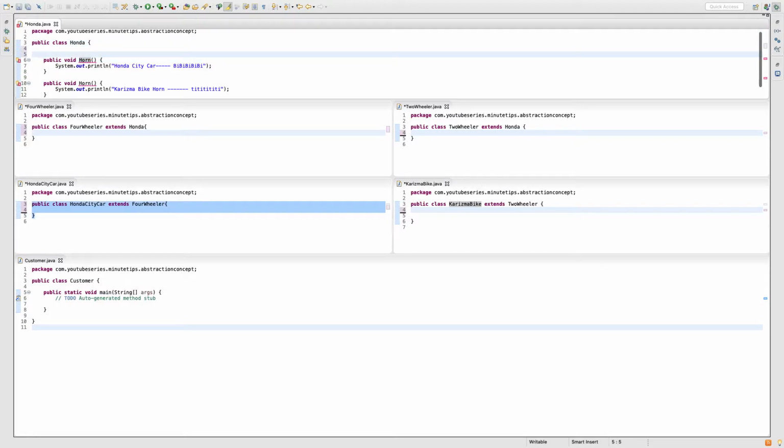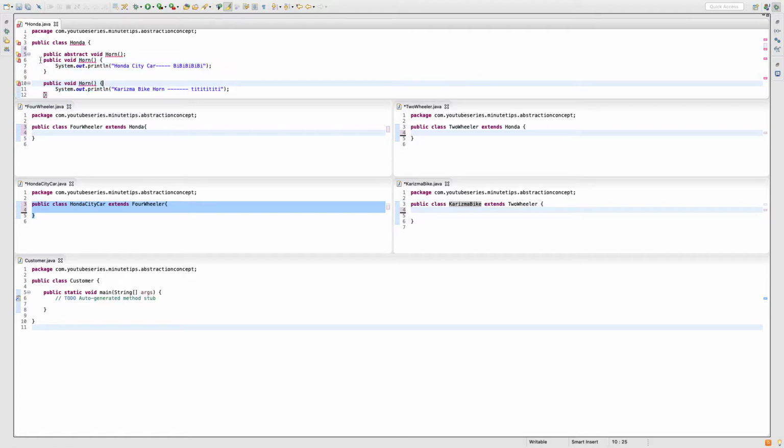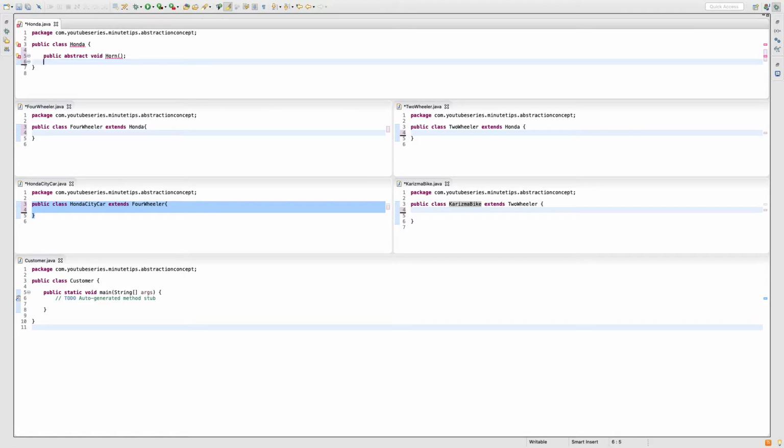What I can do, I can create one abstract method. Public, then abstract, void, and horn. Just define it here, and let's remove these two methods that we have from here, let's save it.